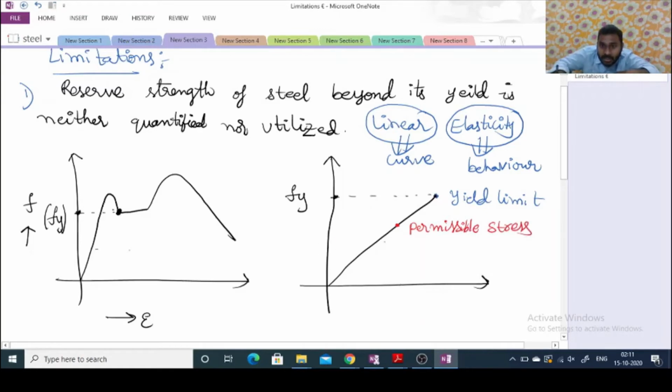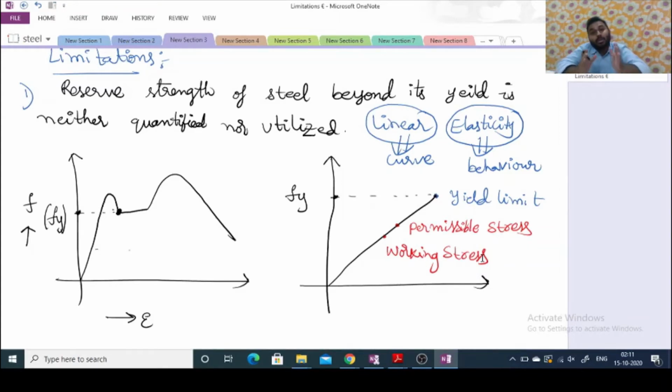Here is where the working stress will be present. It means working stress should be less than permissible stress. From this graph it is very clear that the working stress developed in the structure or material because of working load or applied load is much less than the yield point. Hence there is no need to take care of safety in this criteria. The reason is that working stress is much less than the yield limit. Hence, no failure will occur. Therefore, in this method, serviceability criteria is taken into consideration.